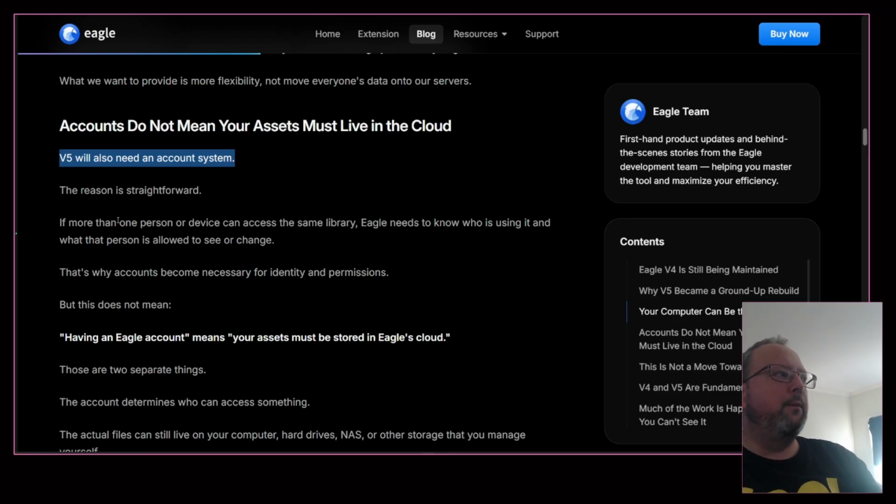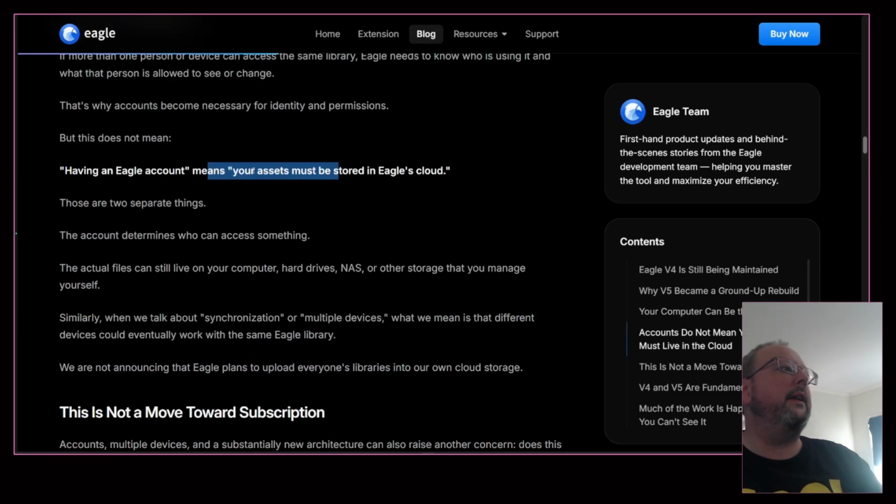The reason is straightforward. If more than one person or device can access the same library, Eagle needs to know who is using it and what that person is allowed to see or change. So having an Eagle account means your assets... This does not mean having an Eagle account means your assets must be stored in Eagle's cloud. And then this is